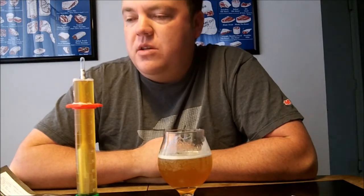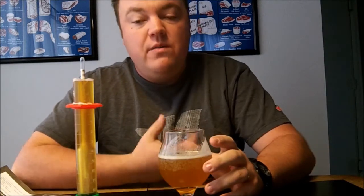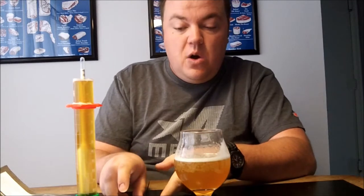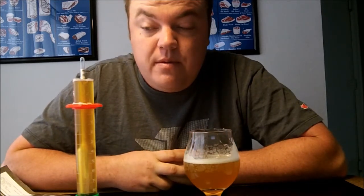So it's not a super bitter beer. It's at 7.5%, 7% ABV, but it's not overly bitter, which I do like. There's definitely hop bitterness there, but it's not one of these 100 IBU beers. In fact, I think calculated it should be at 61 IBUs. I do really enjoy IPAs, but I do enjoy the fact that this is not just a huge bitter bomb. You can definitely get the coconut, maybe a little bit of alcohol warmth, but you really have to pick on that. The hops are pretty